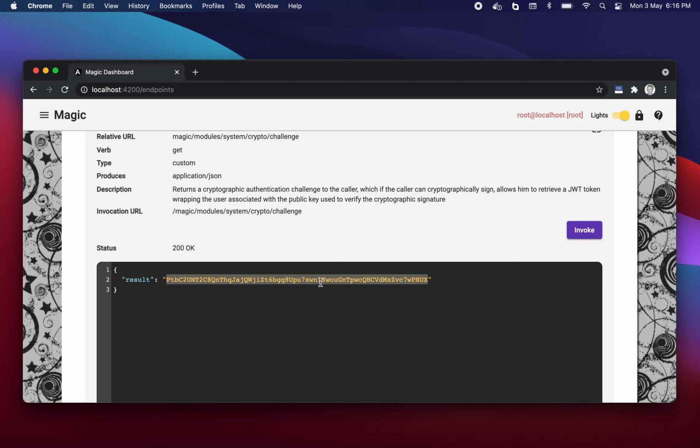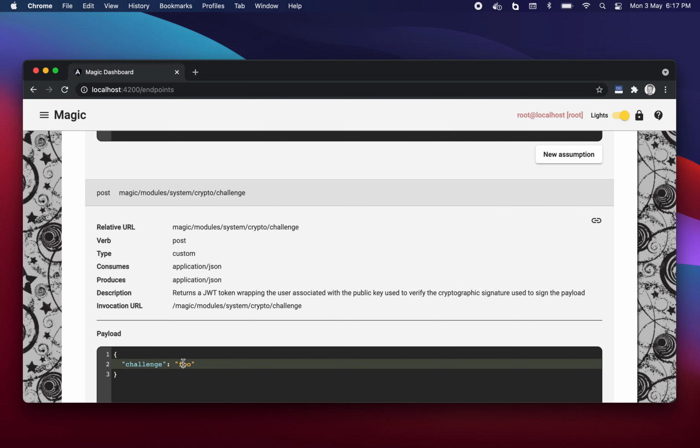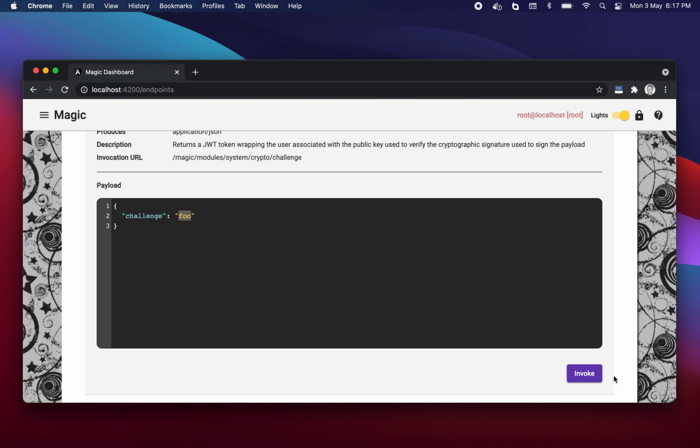However, what I'm expected to do is take this gibberish and cryptographically sign it with my own client's private key, and submit the signed gibberish back to the server, at which point the server will extract the public key for the private key used to sign the payload, verify the signature, and do an association up towards the user's database table, allowing me to actually use this one after I have cryptographically signed it and invoke it, and having returned a JWT token, effectively authenticating me as a client towards the server that actually served the challenge